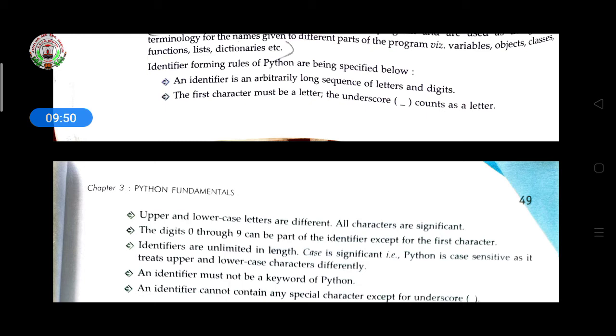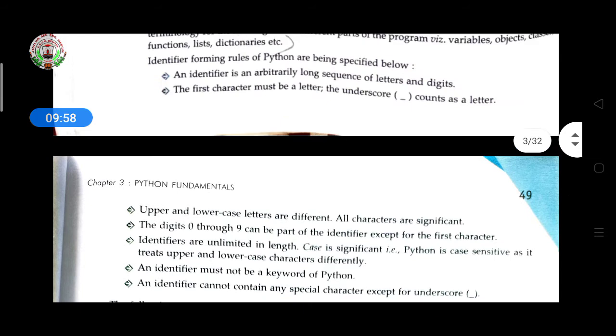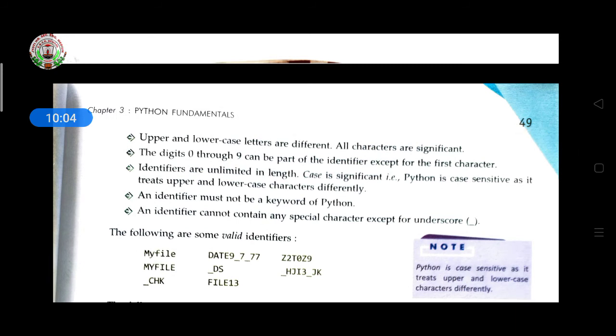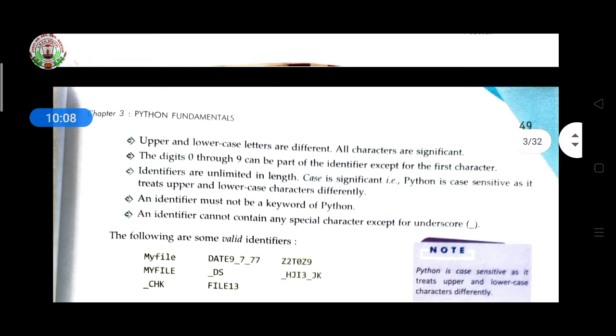If you write 10student, it will be wrong. The underscore counts as a letter, so if you write _student, that underscore is counted as a letter here.